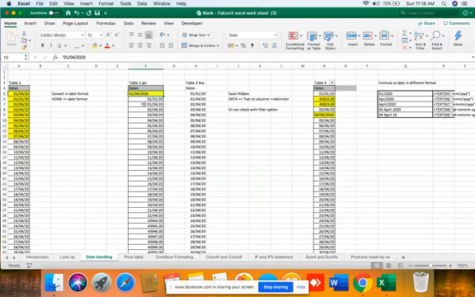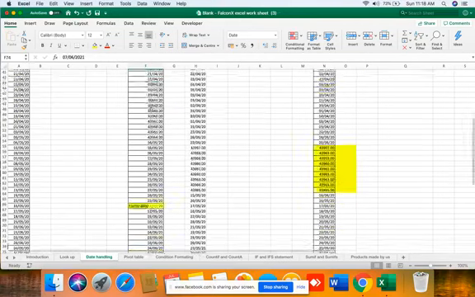Second is that whenever a date is in the correct format, it's always on the right-hand side, and whenever a date is in the wrong format, it's always on the left-hand side. So as you can see, this is not the correct format of date. So how can we solve it?